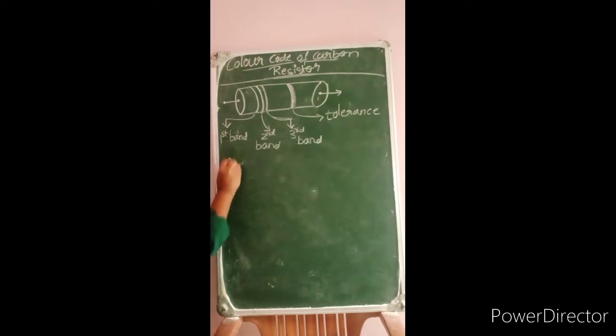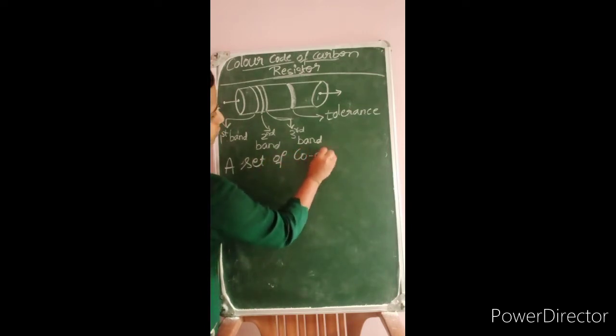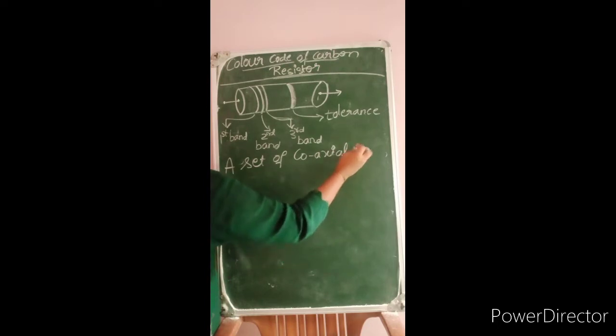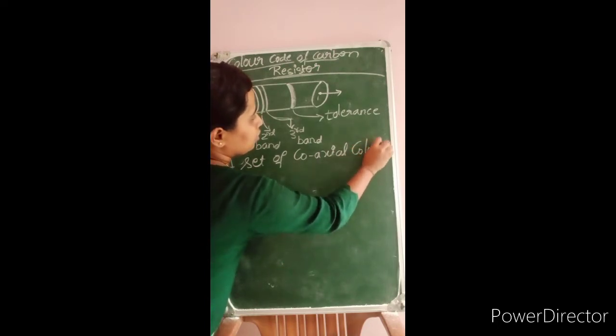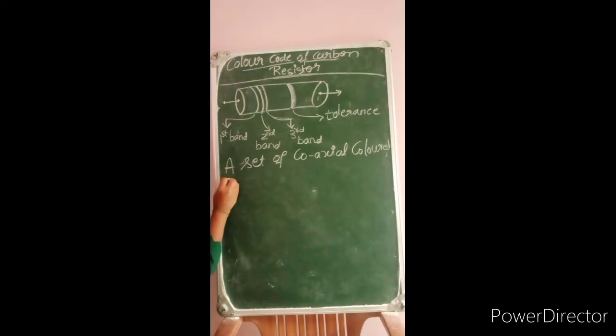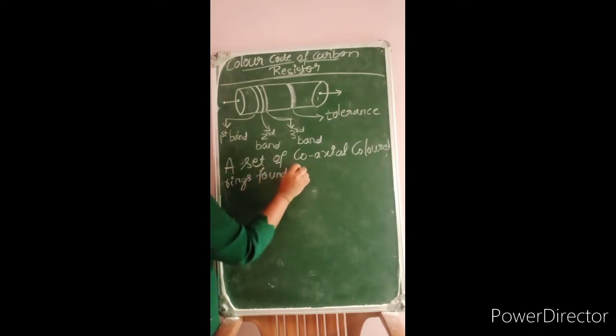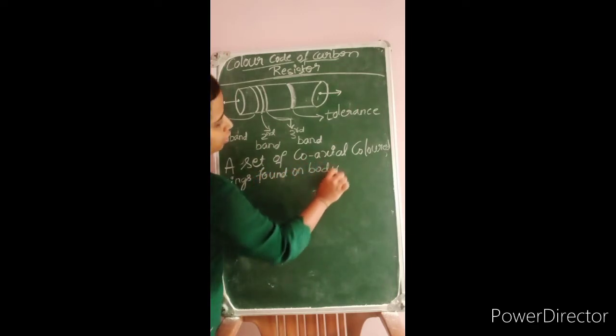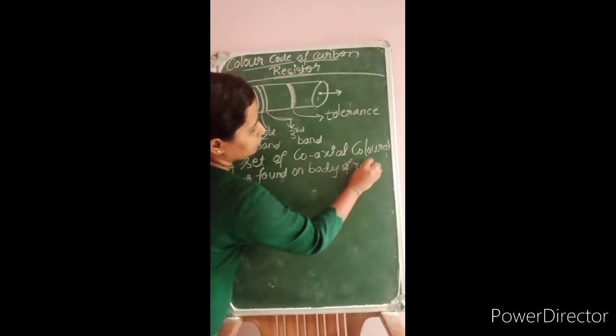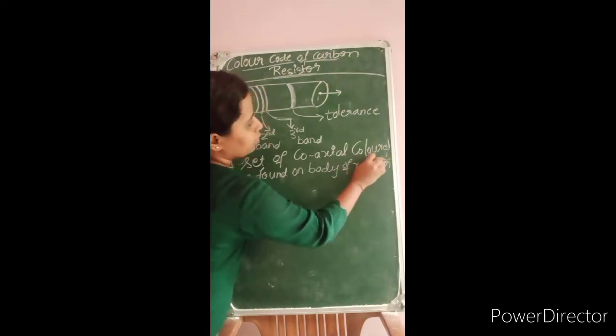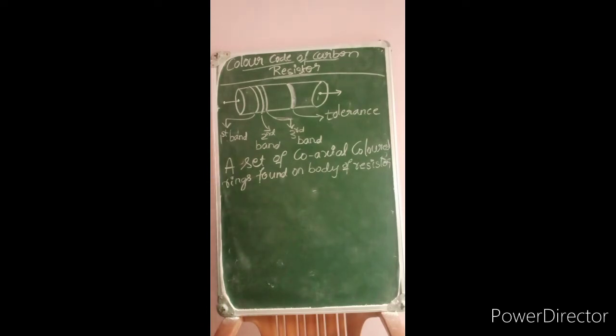It is nothing but a set of coaxial colored rings found on the body of resistor. That is called as the color code, or we can say the resistance of resistors